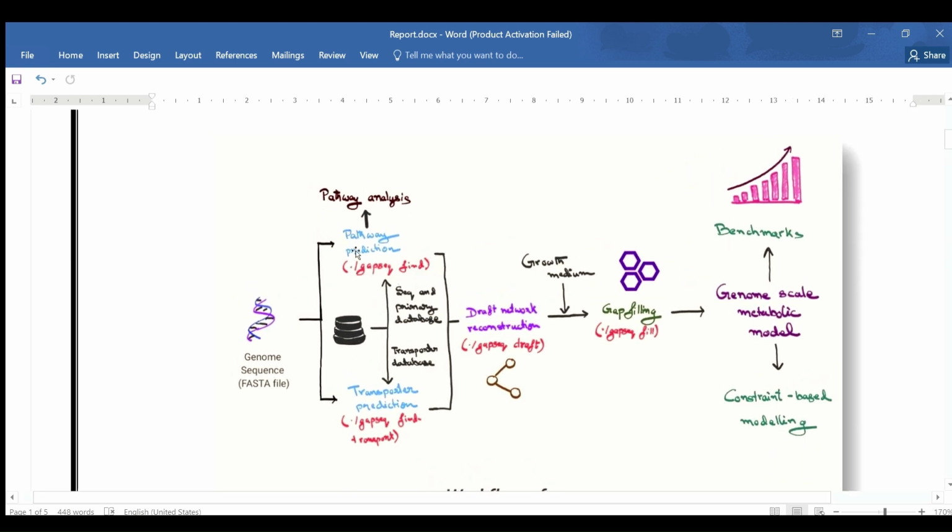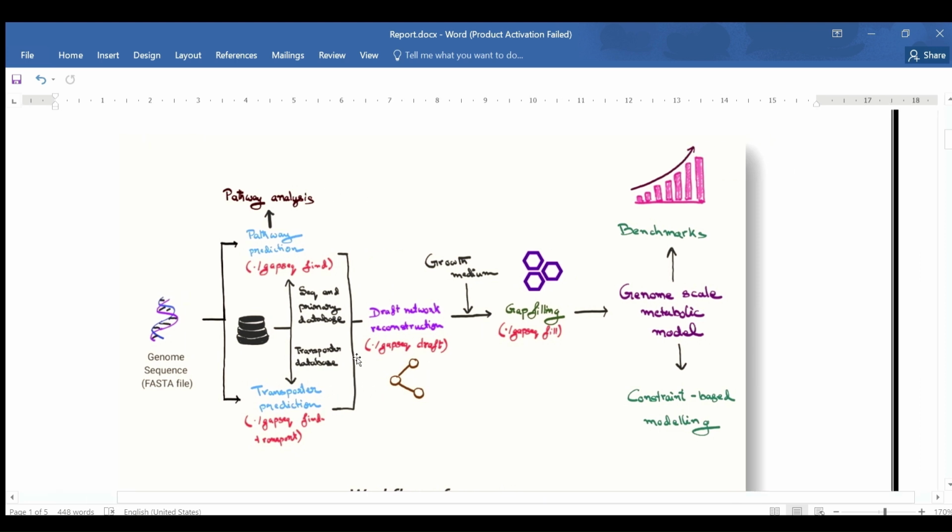Find is used to do pathway prediction. Similarly, find transport will do transporter prediction. So this pathway prediction is done from sequence and primary database, whereas the transporter prediction is done from the transporter database. The data which we get from this prediction, like pathway and transporter, is used to reconstruct a draft network,